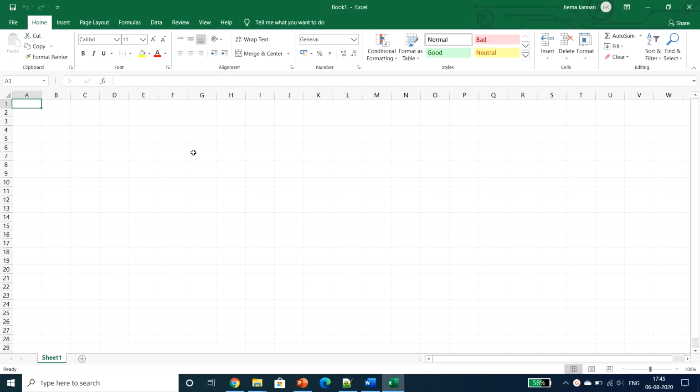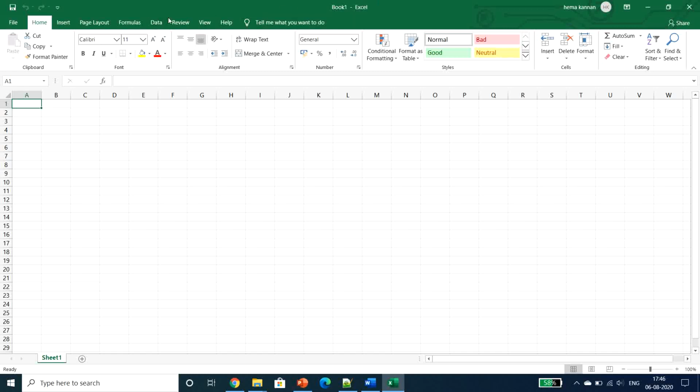If you can see this window, the initial will be the title bar. As you can see, Book1 is the default name for Excel. Right now we haven't saved anything in the document, so by default it is having Book1 and the name of the application, Excel. And the title bar will be having the close button, maximize and restore button, or minimize button. So this will be occupied in the title bar.